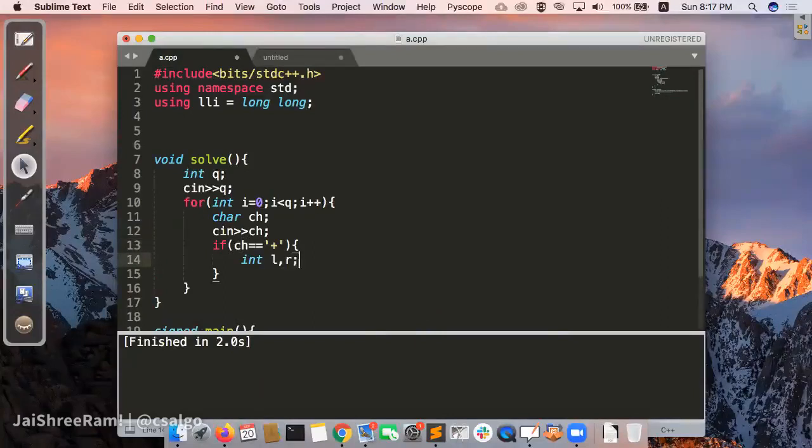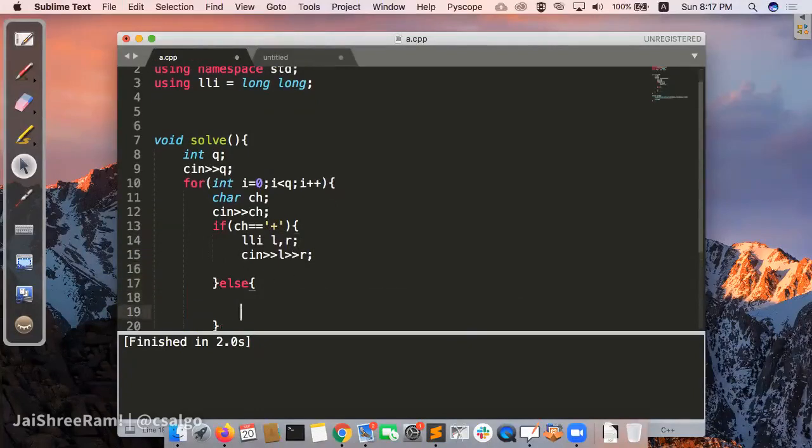I said that these won't fit in integer, so let's make this long long int. And then we will insert this, or else we will report the answer. Let's try to create this maintenance of segments in a separate structure. So let's create a multiset which keeps pairs.